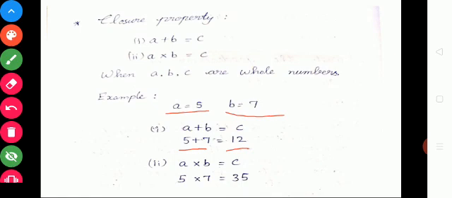And the next one, closure property of multiplication. A into b is equal to c. 5 into 7. 5 sevens are 35. The multiplication of two whole numbers is also found to be a whole number again. We say that the system of whole numbers is closed under multiplication. And the next one,